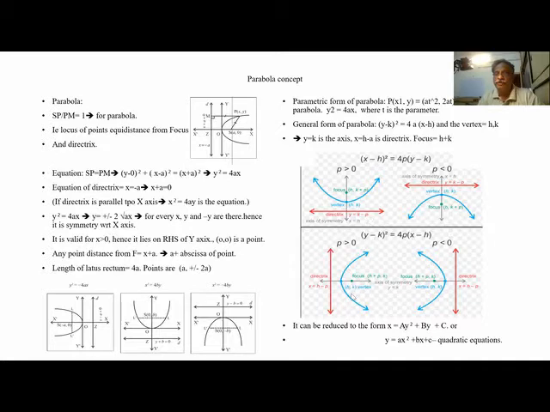Similarly here, if you see here, HK is the vertex. Here is the vertex. So the focus is at a distance P on this side and P on this side. So H plus P, and this is H minus P. This line is X is H minus P. This point is X is H plus P. Automatically Y is fixed. Y is K.